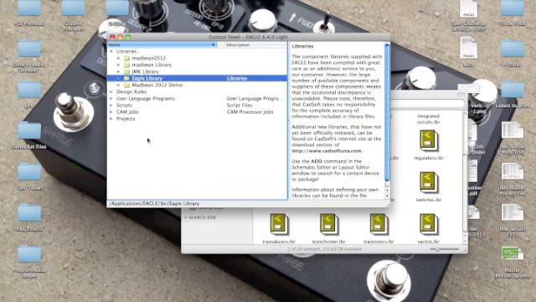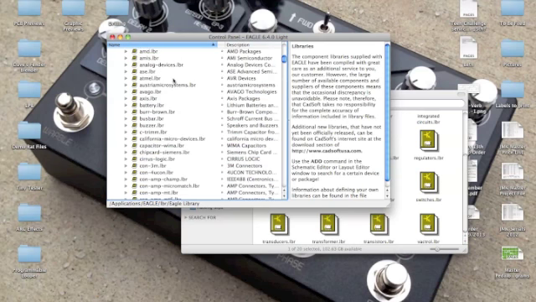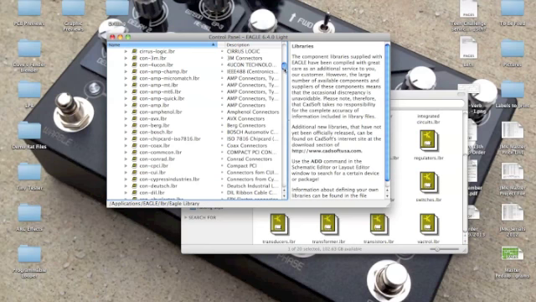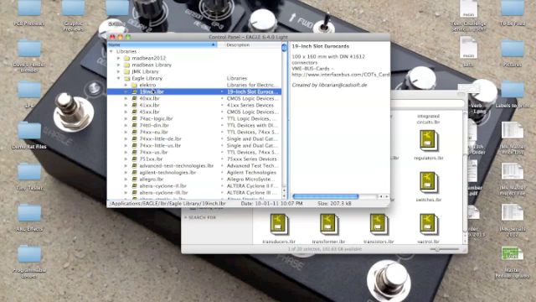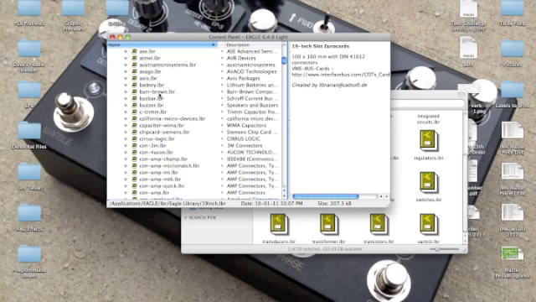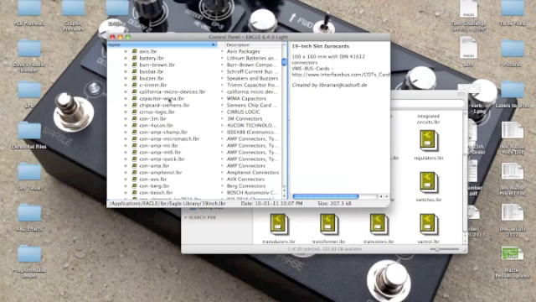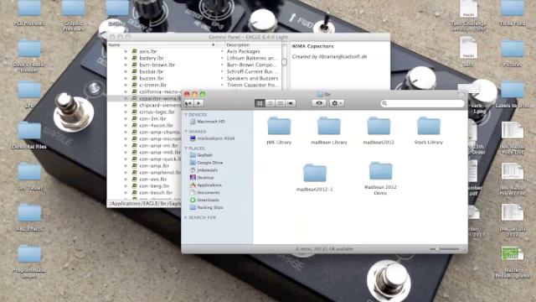And as you get to be proficient with editing parts, you'll go through this and be like, oh, that's a cool part. Only the pads are the wrong size or something else is wrong with it. Now, if I found a part in here, I don't know, something strange here. Let's go capacitor WEMA library. See that? If I wanted to use that in my MadBean library, what I would need to do is